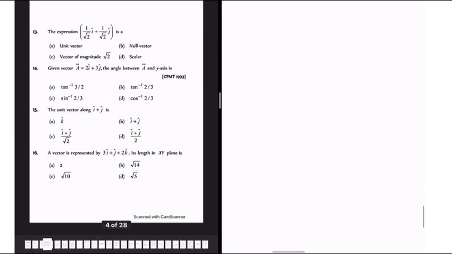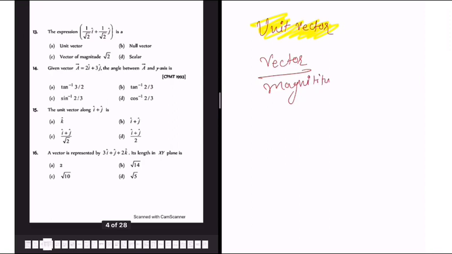The unit vector along I cap plus J cap is, unit vector is vector upon its magnitude. Vector upon its magnitude. So